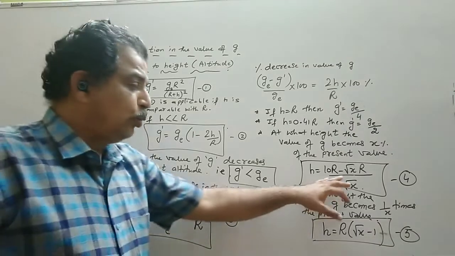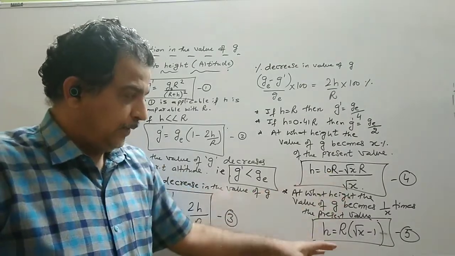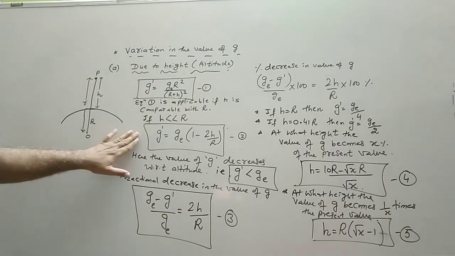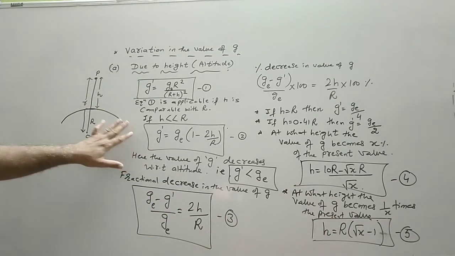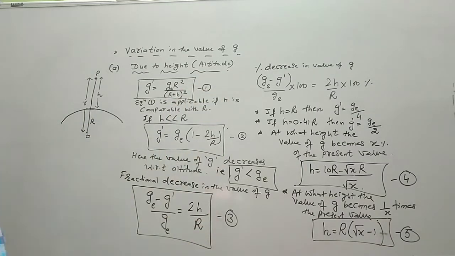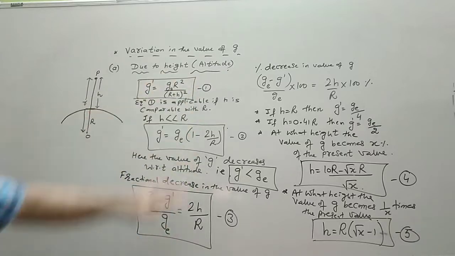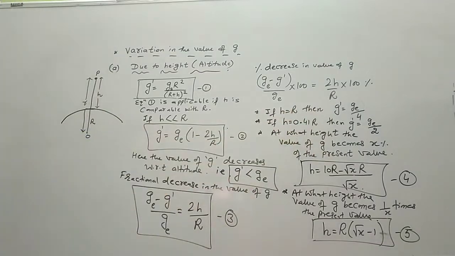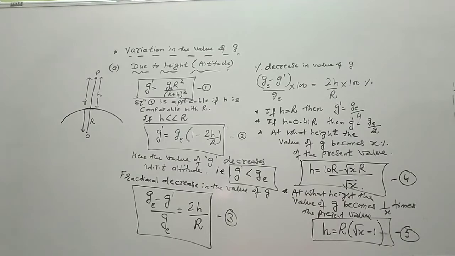So these are the two shortcut formulas, if you remember. Otherwise it is better you apply formula 1 and formula 2, and for direct percentage decrease or the fractional decrease we can apply this. So these three formulas are important. These values can be verified from the question itself. So if we have a question, you can do a little bit of calculation, you will get an answer. Otherwise, remember these values or this formula.